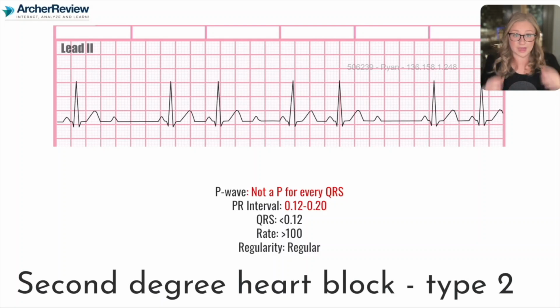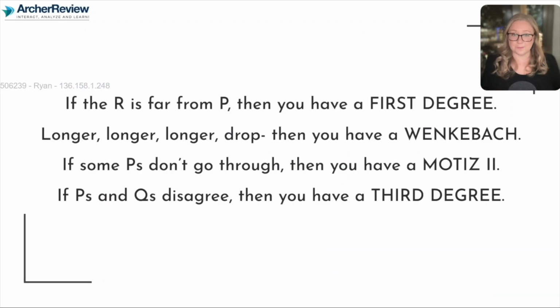What we mean by that is the electricity got to the atria and made that P wave, but it didn't get through to the ventricles, and we had that dropped beat. We missed that QRS impulse. Some of that electricity that went to the atria didn't get through. It didn't get to the ventricles, and we didn't have a QRS complex. So with second degree type 2 or Mobitz 2, if some P's don't go through, then you have a Mobitz